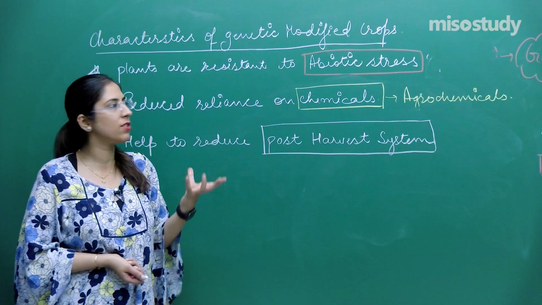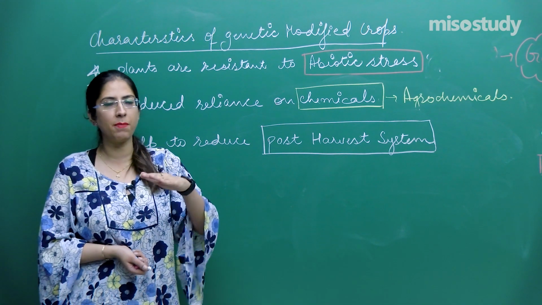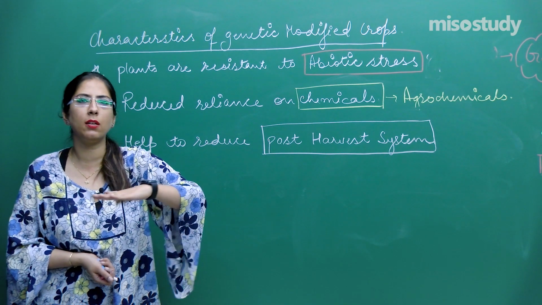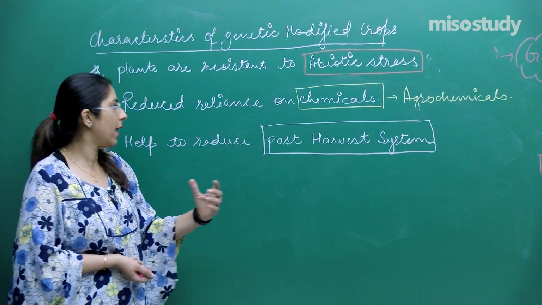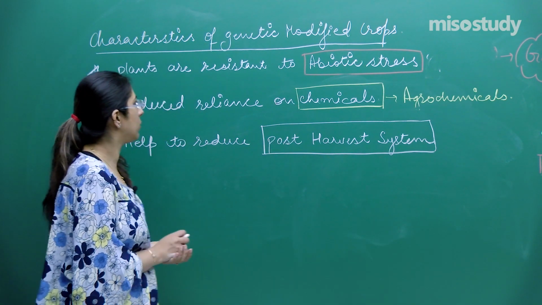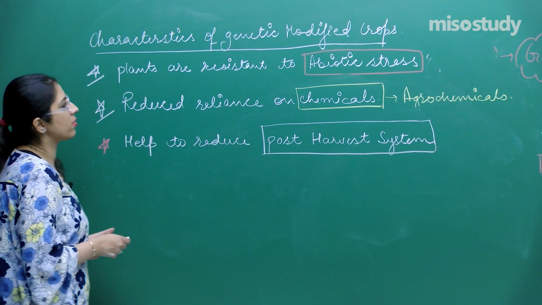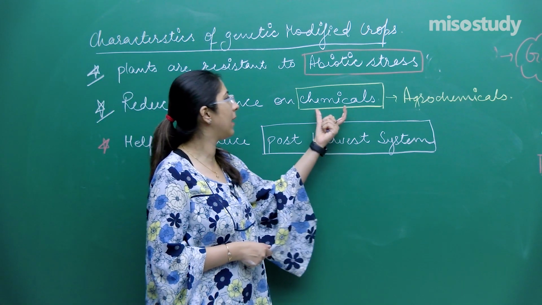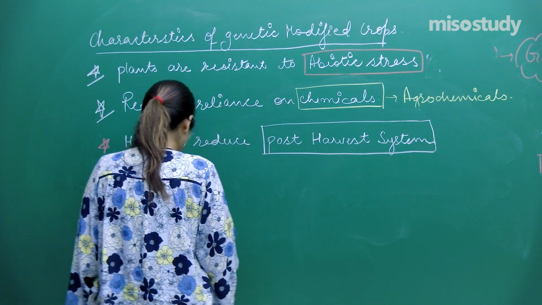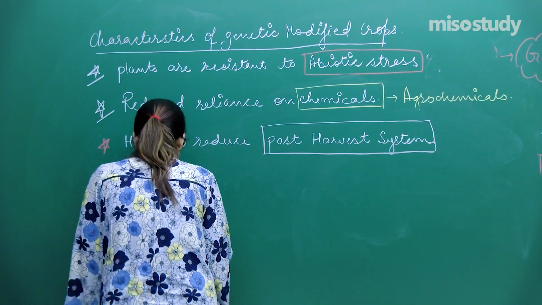So we can make such type of plants that are short heighted. For example, we have made the papaya plant, and that is short heighted, like within a short height they give fruits, right? So they help to reduce the post harvest system. Very important also. So first was the abiotic stress resistant, second was the chemical, we cannot rely on the chemical, and third we have the post harvest system, right? Next we have